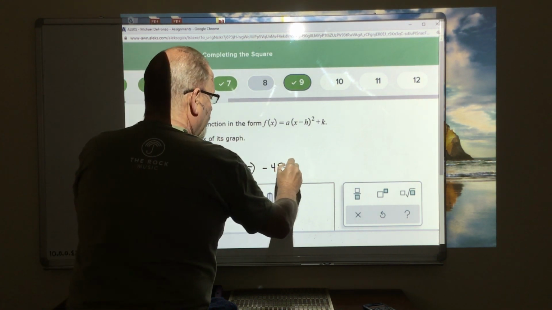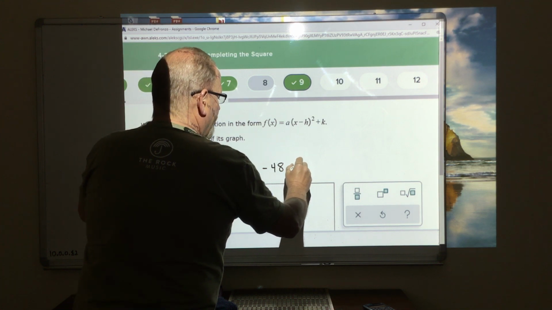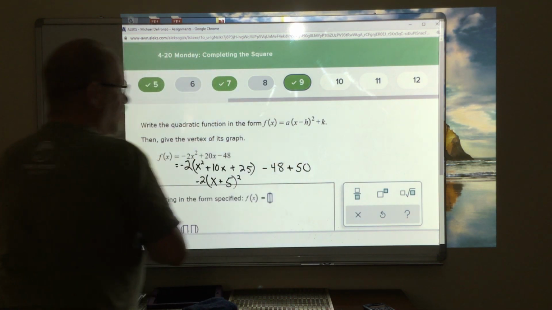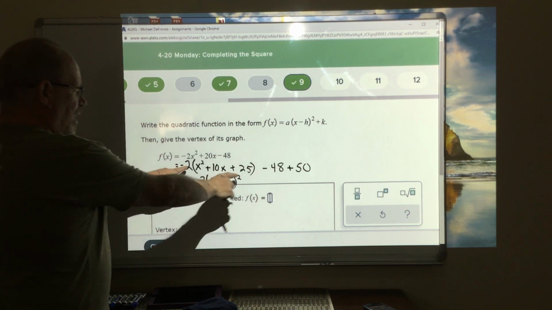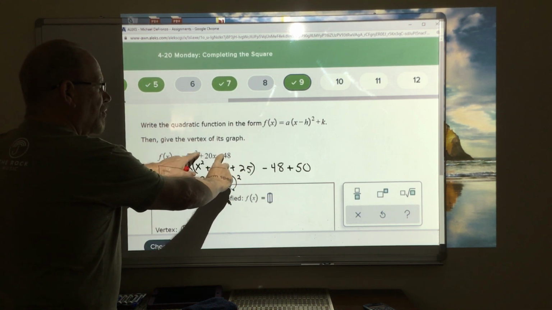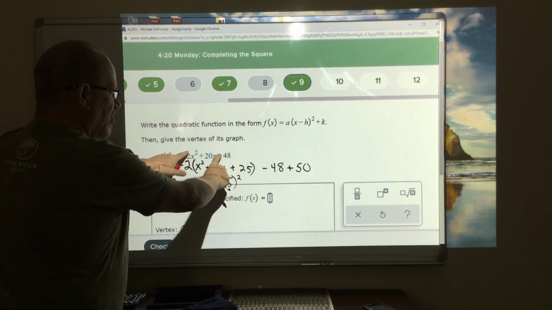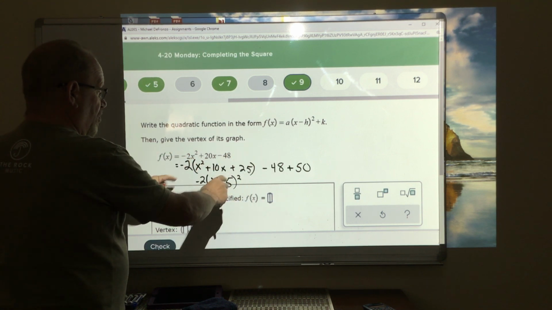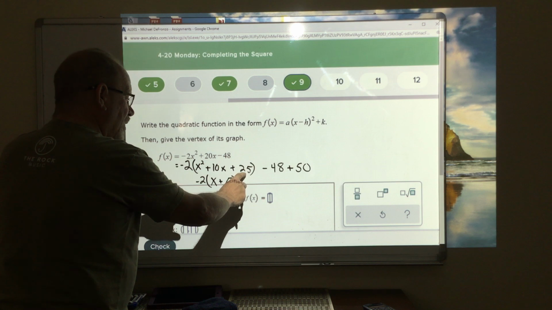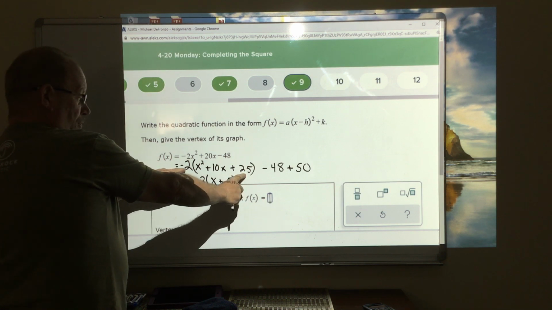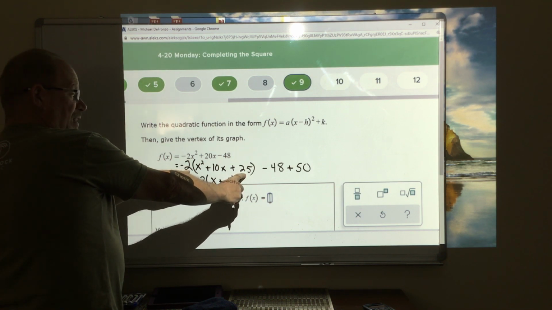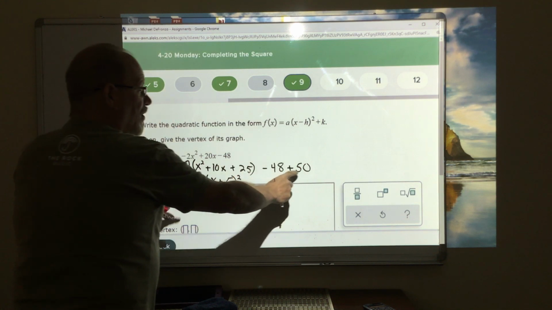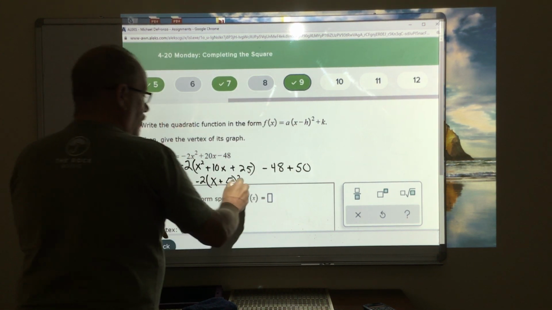So I'm going to undo that by adding positive 50 to the outside. See, that undoes that. So I have the same thing when I'm done. I can't just go adding something to this. I've changed it if I do. So I have to undo what I added here, remembering that it's times negative 2. And I have to undo it here. So I get,